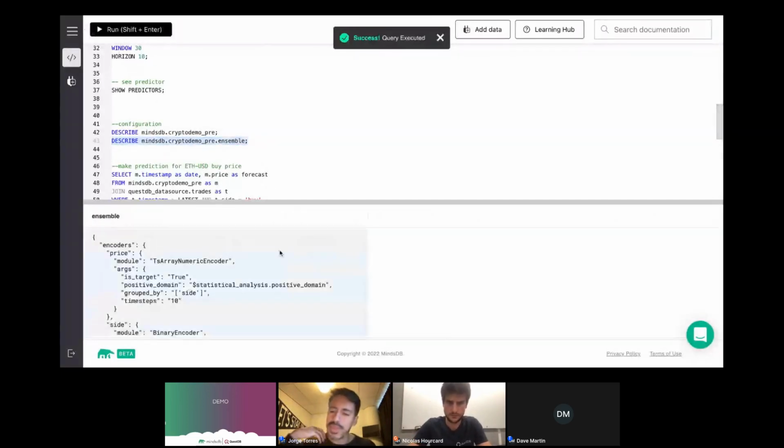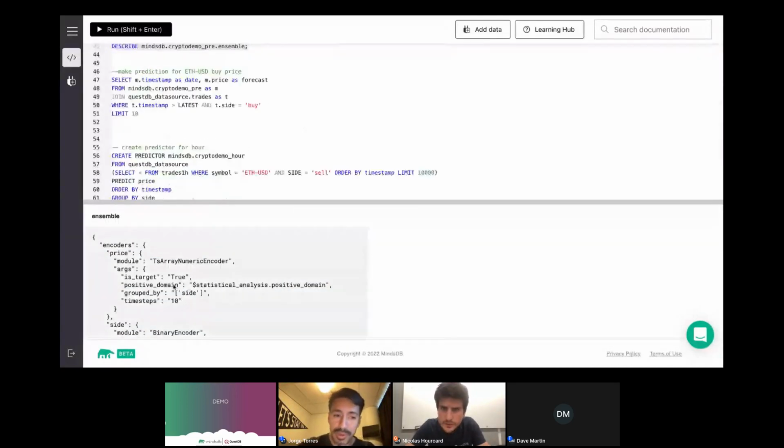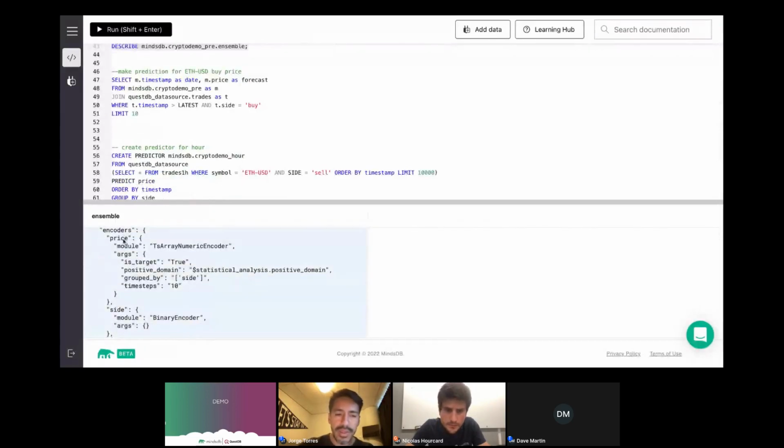Since we didn't specify anything, the AutoML engine goes and looks into the data set that you provided, which is whatever it was in this query here. And it will try to analyze what is the best way to handle this in terms of machine learning terms. So it looks at the data and it sees that there's a column called price. And since it's a time series problem, it's going to encode this information as an array of data using a numeric encoder. What it's saying is, I'm going to encode with a numerical encoder each of the different elements that you have in that window of time, and I'm going to create an array of that information.